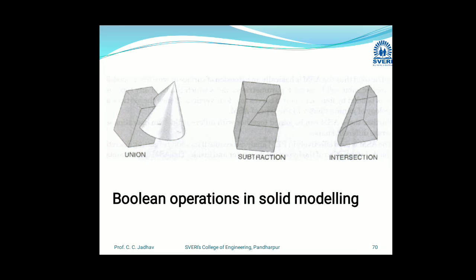Next, now we can see boolean operations in solid modeling, how we can carry out these different boolean operations. First, union. Second, subtraction. Third, intersection. These are the three basic examples of boolean operations: how we join two components into a single new geometry, how we subtract, how we intersect, and how we form the new object by using boolean operations. So these are simple examples.